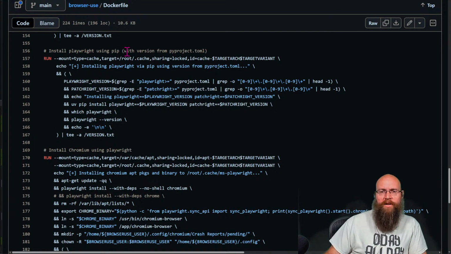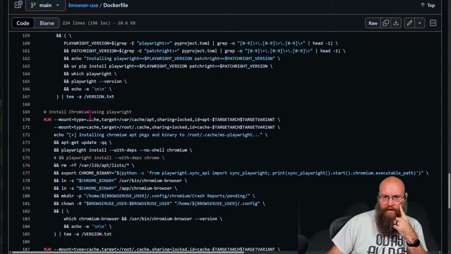We're going to install Playwright using pip, install Chromium using Playwright.